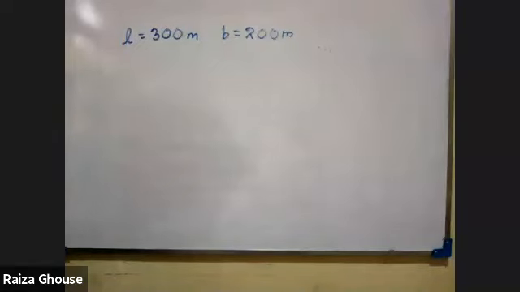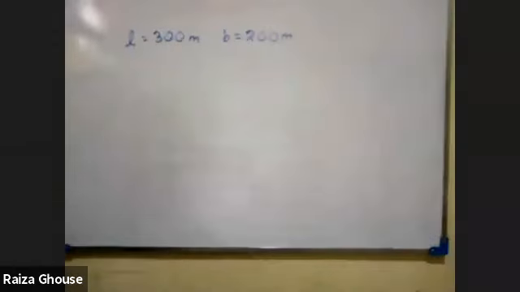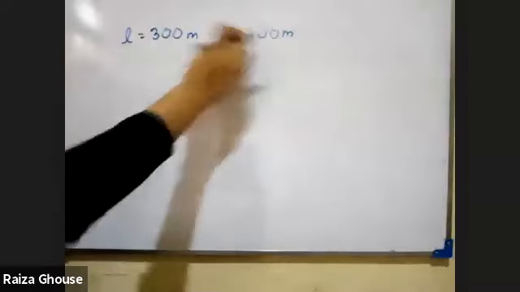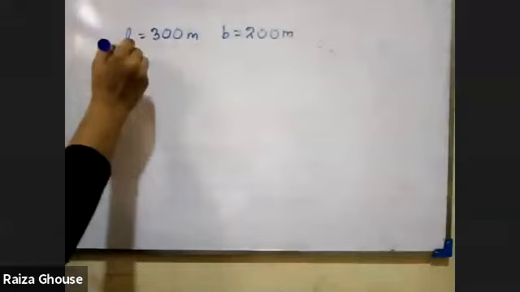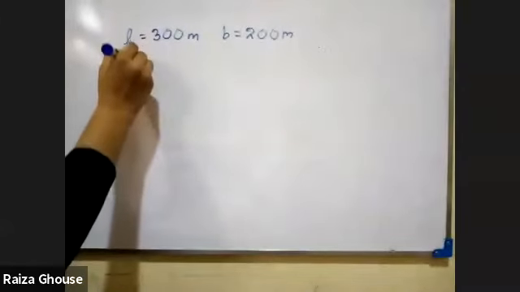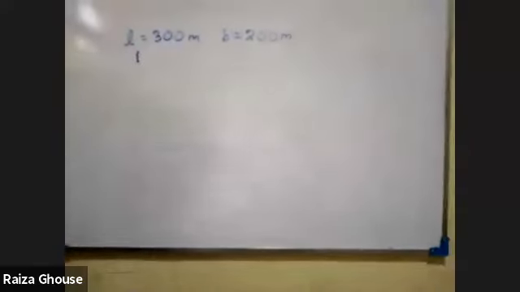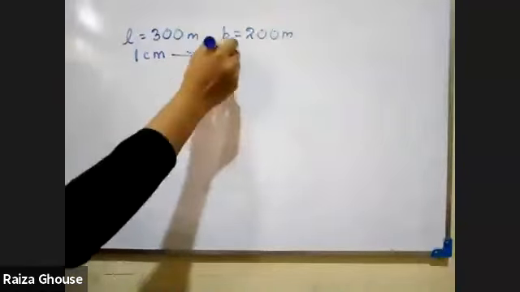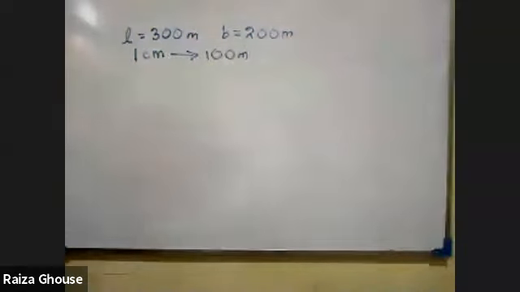Look at the board now. Now this is length and the breadth. Now I'm going to take a scale here. 1:100. Why? Both are multiples of 100 times table. Okay, so I'm going to take 1 meter, sorry, not 1 meter. 1 centimeter is representing 100 meter. I'm going to take it that way.